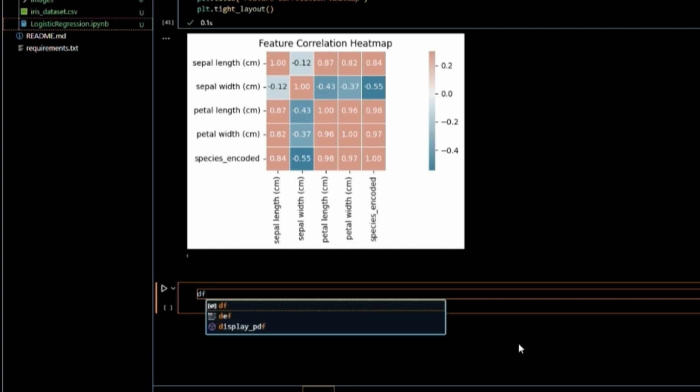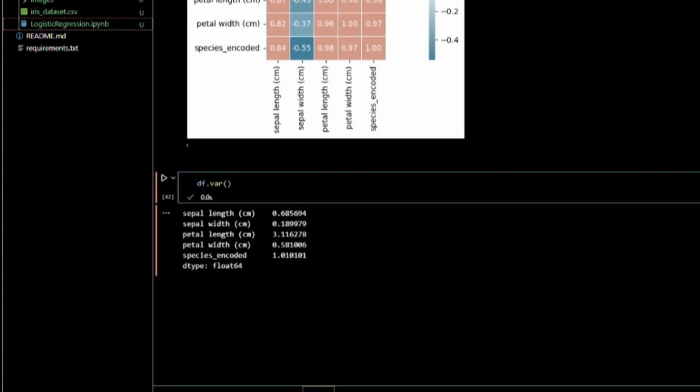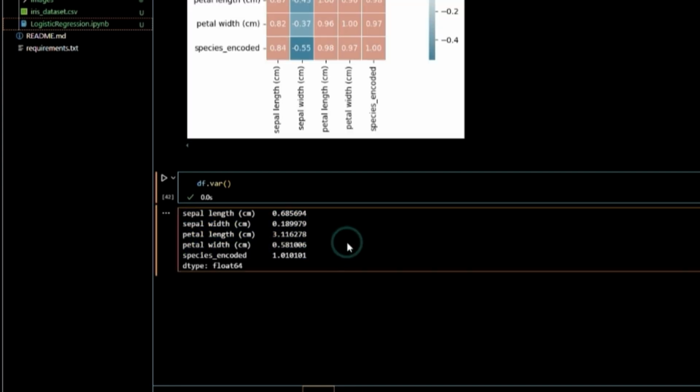In this case, we're going to do a variance next. So we'll do df.var, and var stands for variance. And it shows the variance that the features have with each other and also the target label. So variance is pretty much the model sensitivity to changing with training data. So if you have a high variance, like this might be highly sensitive to changes, like the petal length. So it's good to have